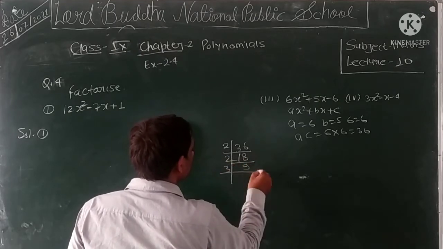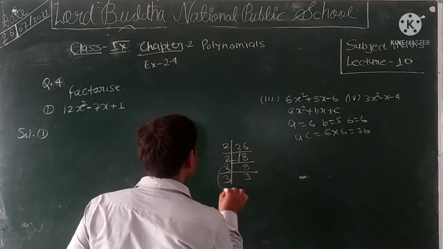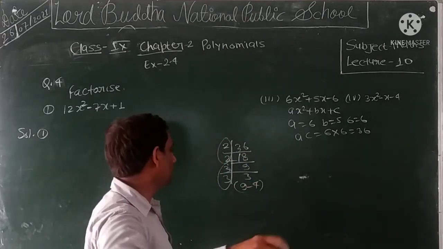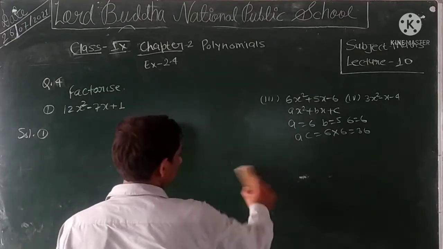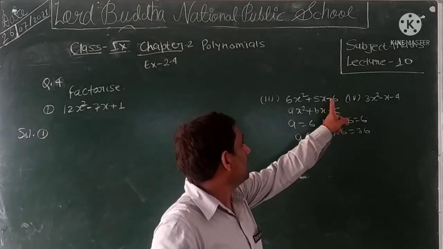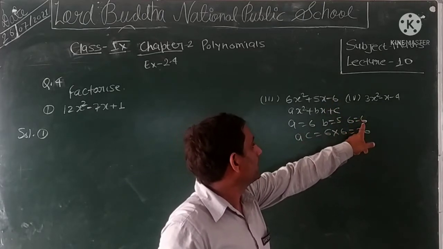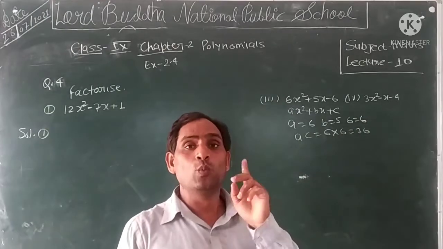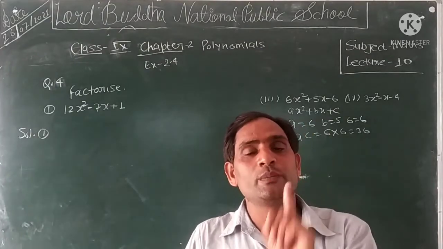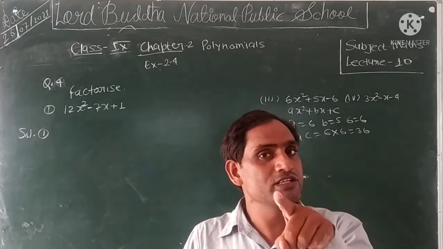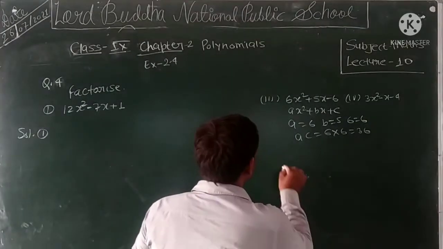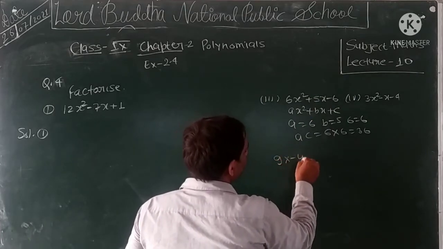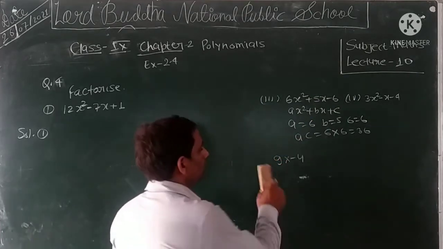3 nines, 2 fours: 9 minus 4 equal to 5. Okay. Now here we write, and if we take the signs also with the coefficient, then it will be minus 6 into 6, minus 36, and we know that when one positive and another negative number is multiplied, then the product will be negative. Hence, the factors will be as here, because the difference is positive. Hence, 9 into minus 4. Okay?